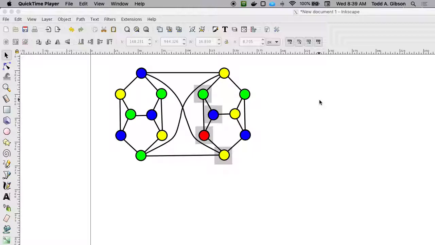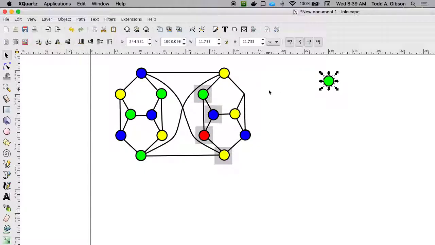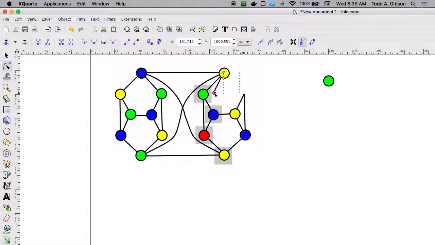If I were to combine all the blues together, meaning that if I was to, for example, let me do green, so that'll be a little bit easier. If I was to combine this green with this one over here, so let me throw that aside. Then that edge would combine right there. This edge would come here, and this edge would come here. Okay. So if I did that with all the same colors and I combined all the greens and all the reds and all the blues and all the yellows,